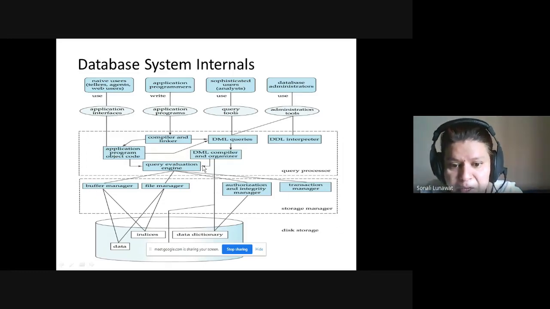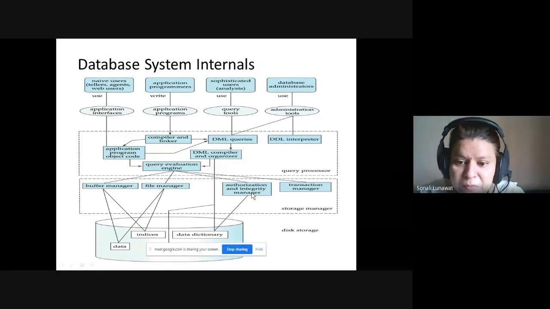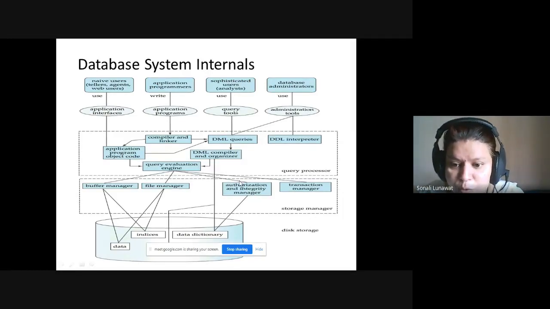Now what is the storage manager? The storage manager looks after the management of the database. Are you an authorized person or not? So it does authorization and integrity management. If you are storing something in a table, and that table is not satisfying the integrity rule, then the integrity manager is going to check that. Then comes the transaction manager. What the transaction manager is, we'll look at afterwards.